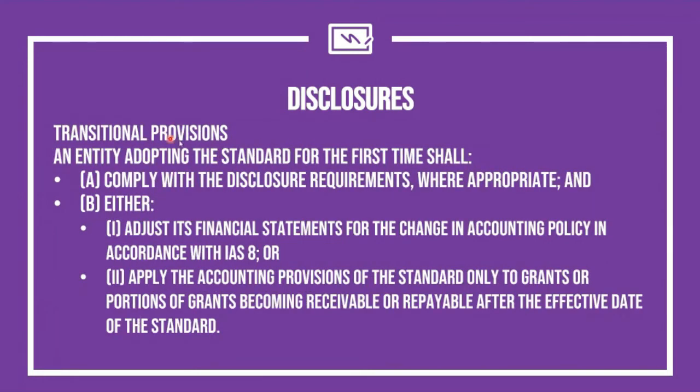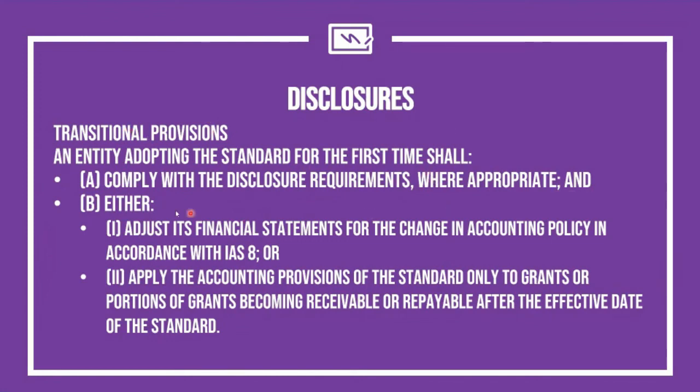We have the transitional provisions because generally not everyone will have a government grant immediately. Even if you are already using IAS or IFRSs, it is of course never automatic for an entity to use the standard if they are not involved in a government grant. So for transitional provisions, it says here, an entity adopting the standard for the first time, meaning it is the first time for you to have a government grant or assistance, must do the following. First, comply with the disclosure requirements where appropriate, meaning the disclosure requirements set in the previous slide, items A, B,